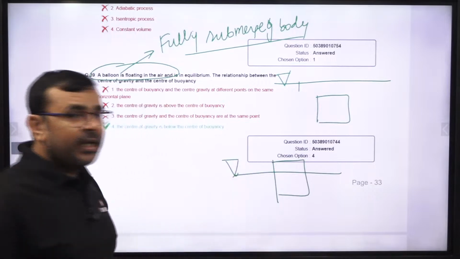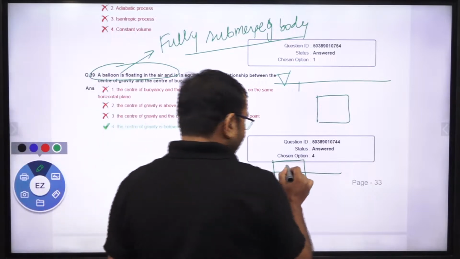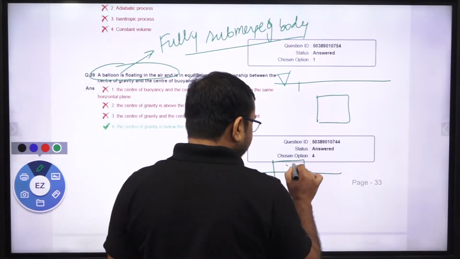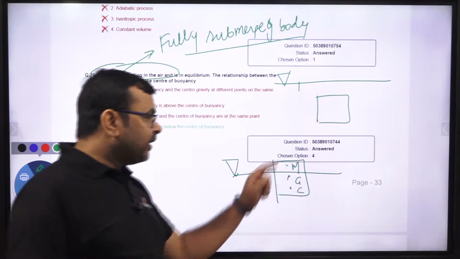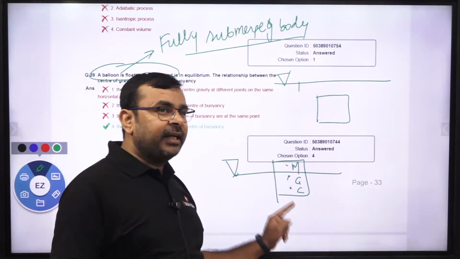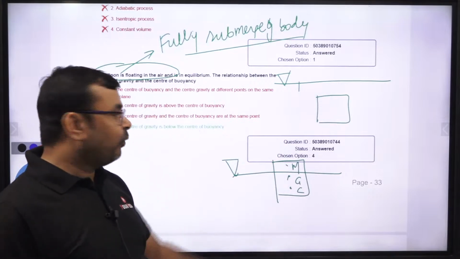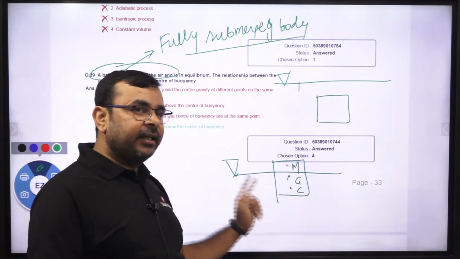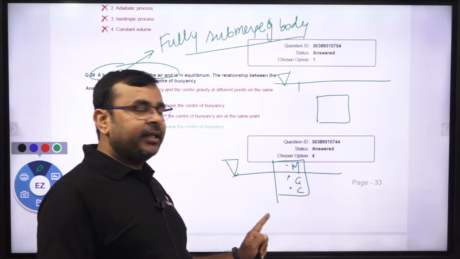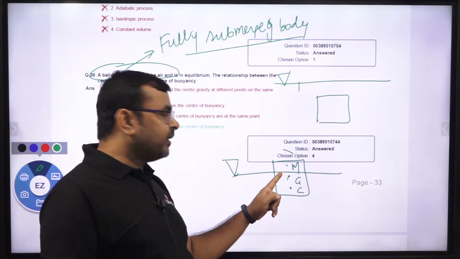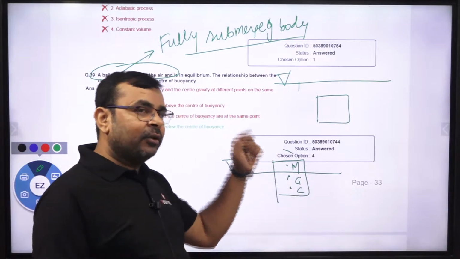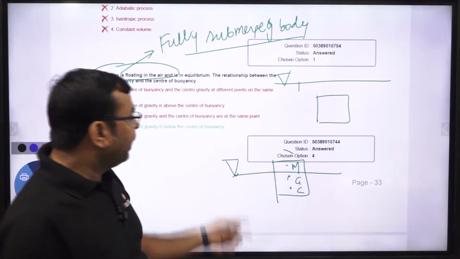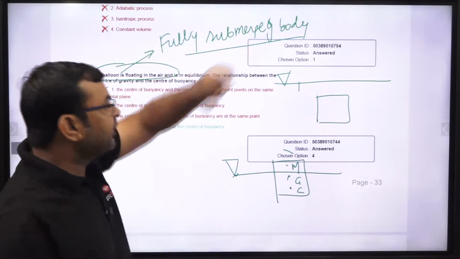In a floating body we have 3 points: this is M, this is G, and this is C, where M is the metacenter, G is the center of gravity, and C is the center of pressure. So for the stability condition in a floating body, the metacenter must lie above the center of gravity, which must lie above the center of pressure. But when we talk about a fully submerged body,